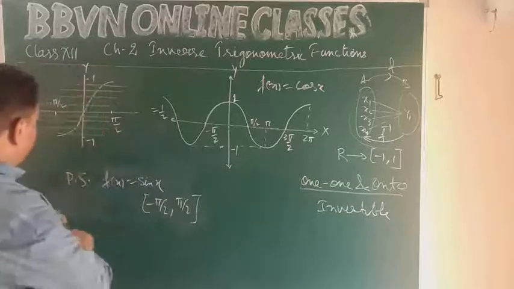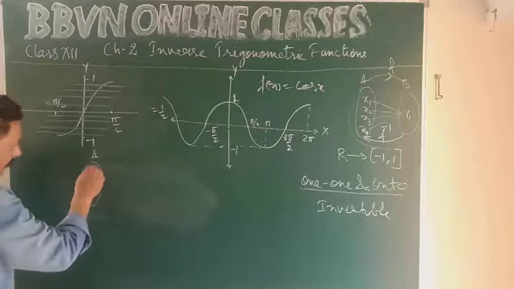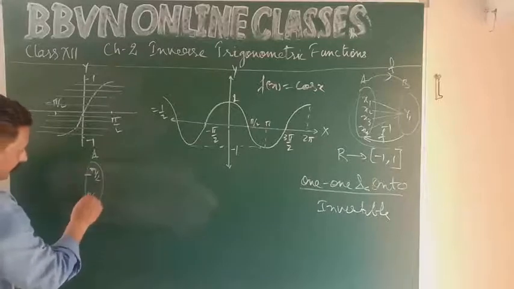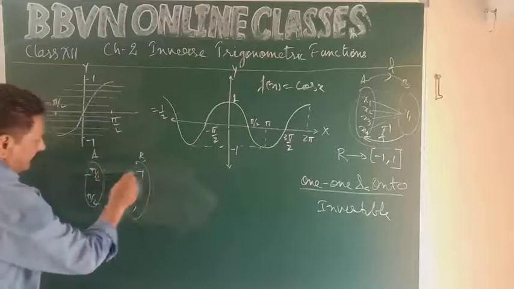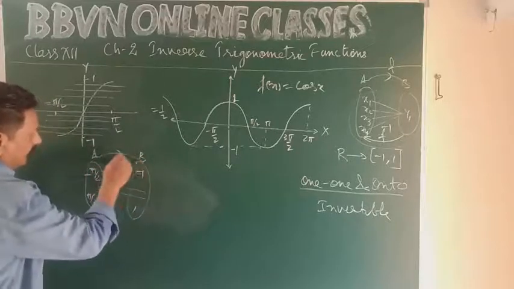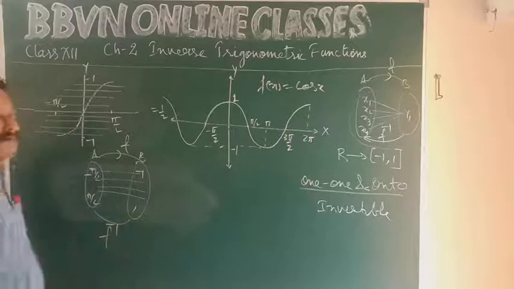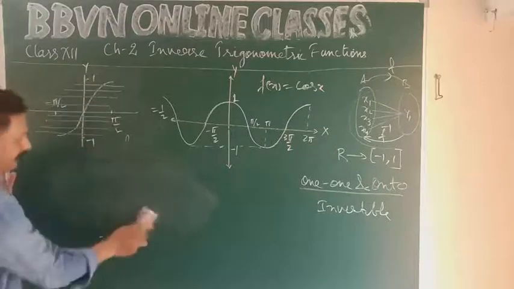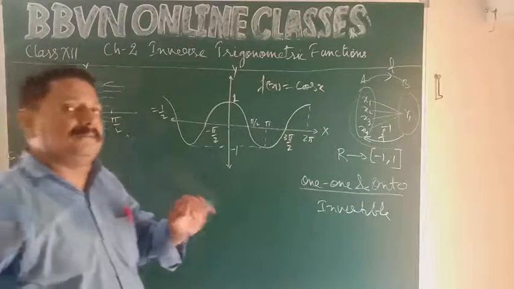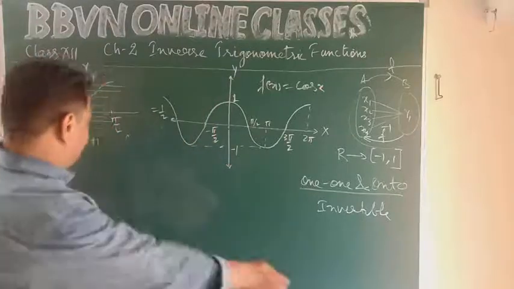So if I say set A is minus pi by 2 to plus pi by 2 and set B is minus 1 to plus 1, it is a 1-1 function. So from A to B, f exists, and from B to A, f inverse will also exist. So inverse trigonometric functions will exist if we confine their domain, if we apply a constraint.